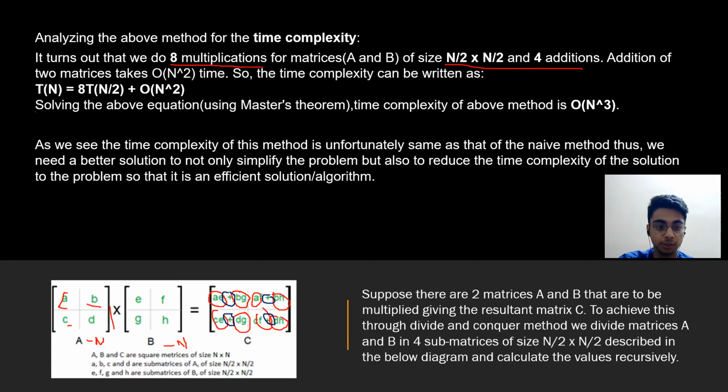Now again, when we solved for it, the equation for the time complexity came this, and by solving it through the master's theorem, the time complexity was again big O n cube. Now the problem persists the same. Okay, I understand that we may have gotten a better understanding about what the problem was, or the solution was more elegant to see as it was divided into some sub problems. But now the time complexity is still the same. Our solution is not as effective as we thought.